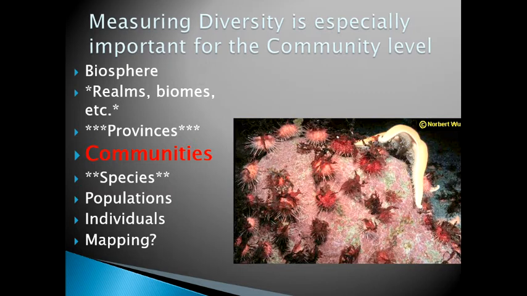But we also worry about communities and then the lower levels there, species, populations, individuals, mapping. The lowest ones, species, populations, individuals, well, that's just counting one taxon. You specialize in one particular species, so the count is one. Not very interesting. The community, like the picture that's shown here, has multiple taxa, and you need to find some